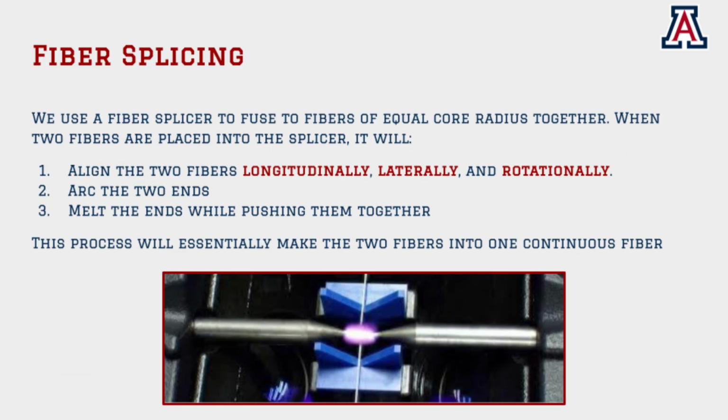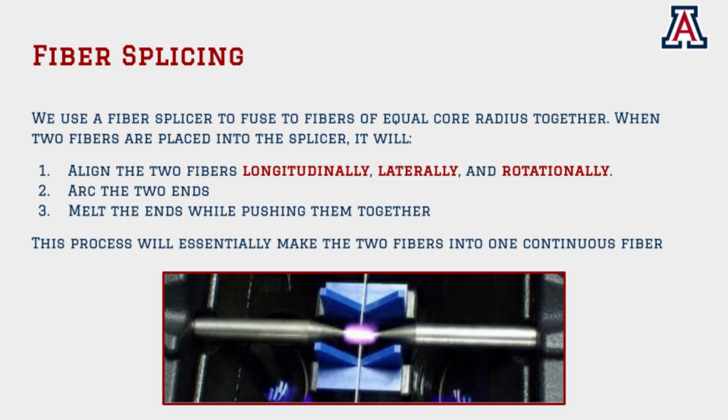Fiber splicing is the process of melting and joining two fiber ends so they behave like one continuous fiber with almost no loss. To do this, the splicers need to align the fibers' cores longitudinally, laterally, and rotationally, and then use a small electric arc to fuse the tips together. In theory, a good single-mode splice should have a loss below about 0.1 decibels, but this depends completely on the